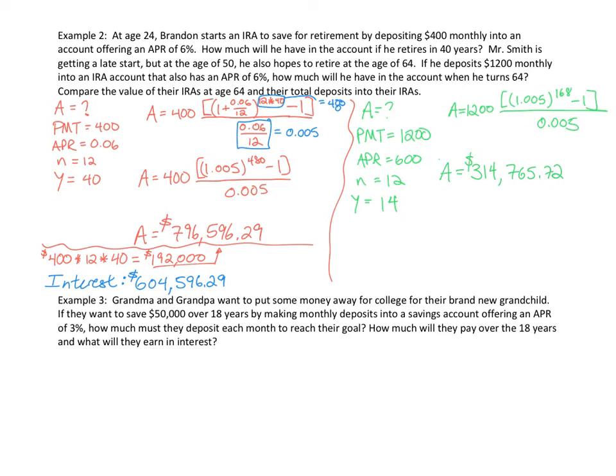$314,765.72. This is how much Mr. Smith ends up with. Now, how much interest did Mr. Smith make? Well, we have to find out his total deposits. So his total deposits would have been 1,200 times 12 times 14. So he would have invested $201,600. So Mr. Smith invested more money, deposited more money into the account than Brandon did, and still ended up